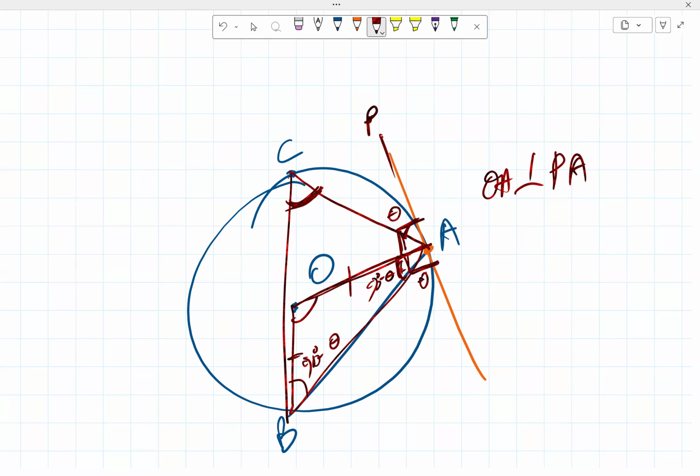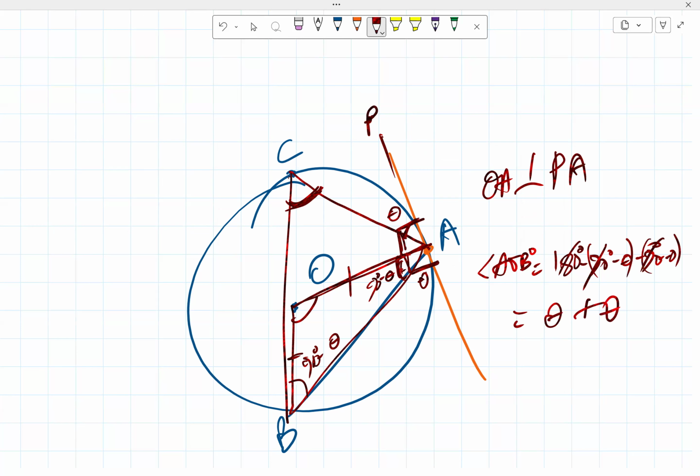To get this angle, angle AOB will be 180 degrees minus (90 degrees minus theta) minus (90 minus theta). So that'll be 180, we cancel all this, and we just have theta plus theta at the end of the day. So this is simply 2 theta. And from theorem 1, we can then say that